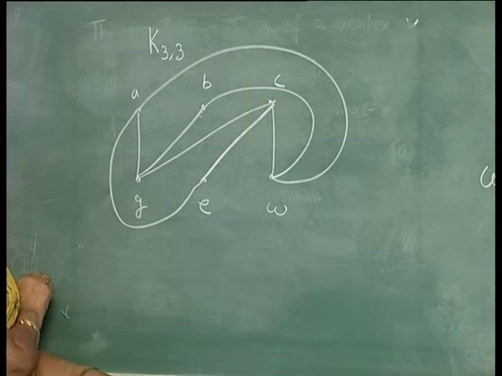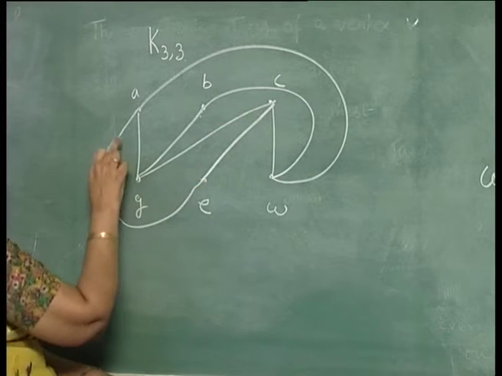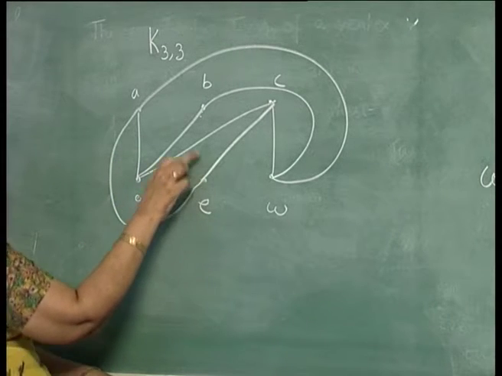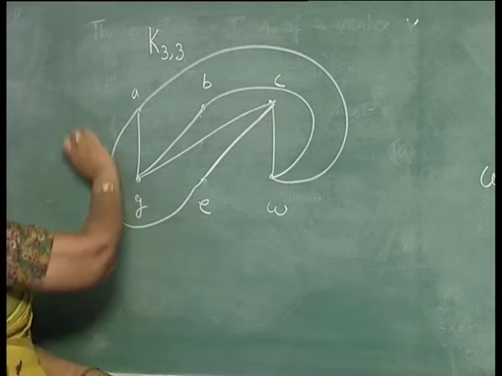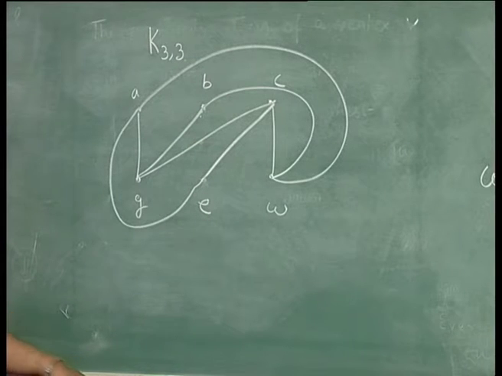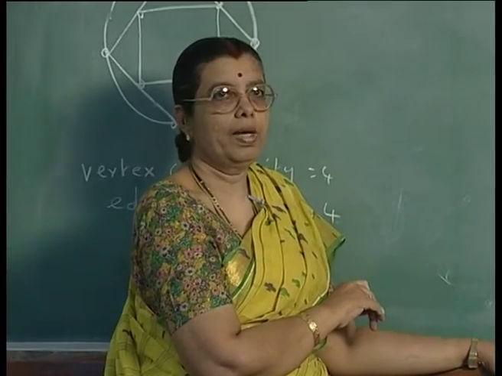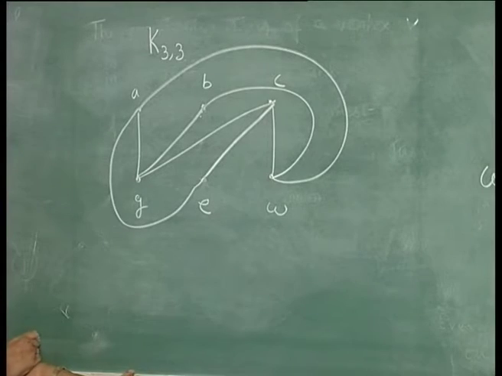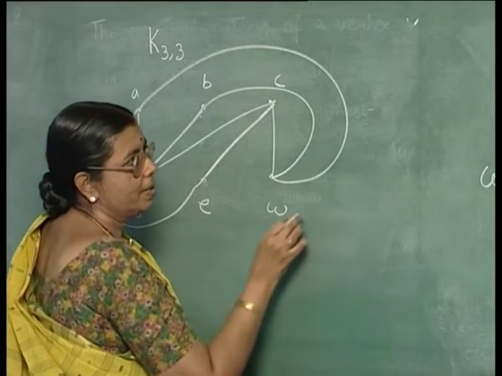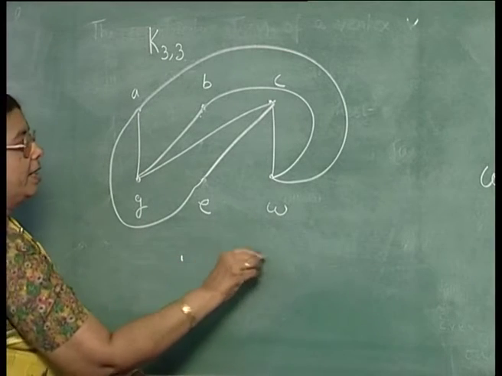but what is the one which is remaining? E to C you have drawn, E to A you have drawn. If you want to draw from E to B, if you draw like this, it will cross this edge. If you draw like this, it will cross this edge. Anyway, you cannot connect E to B without crossing one edge. So, this particular graph you cannot draw on the plane without crossover. There will be at least one crossover there, and this is known as K33, and these two are examples of non-planar graphs. Generally it is drawn in this manner.